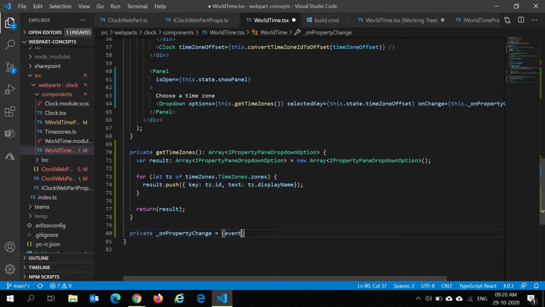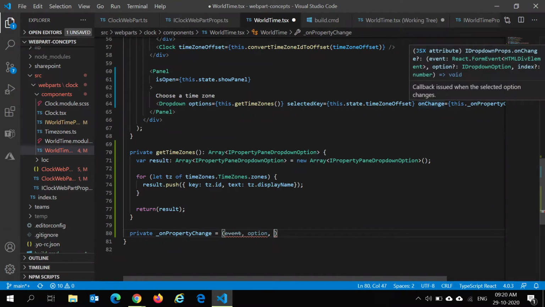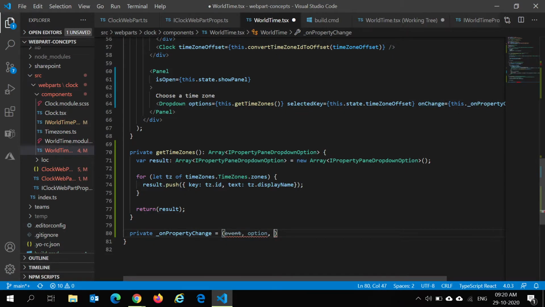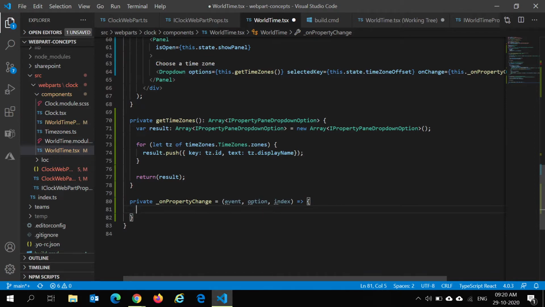Here I'll get the event option, and I think I'll also get the index. We'll be only using the option value. In option.key, I'll have the value which the user has selected.